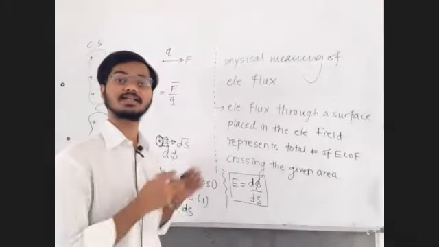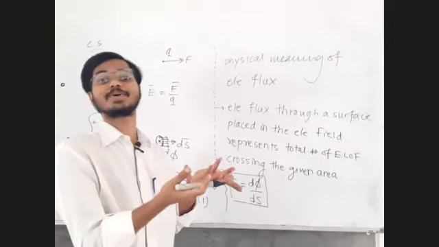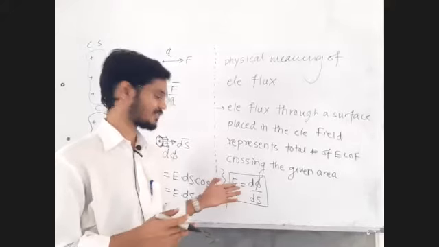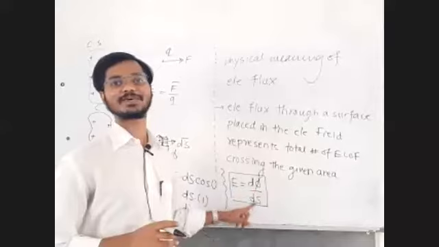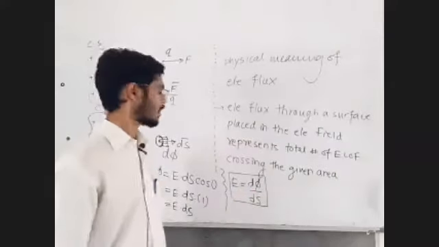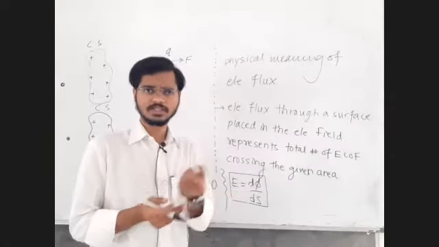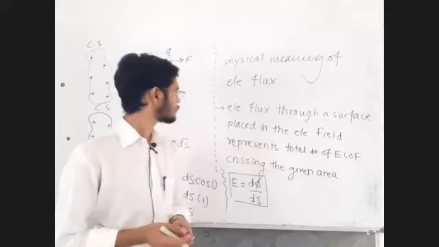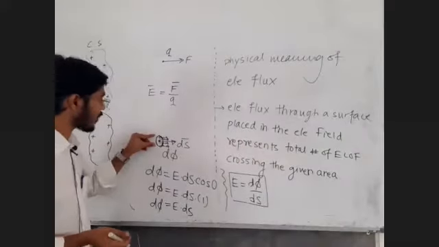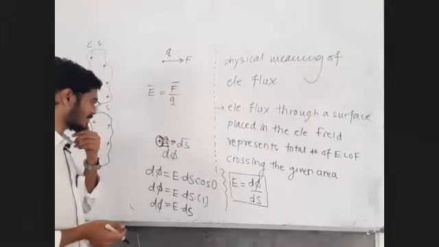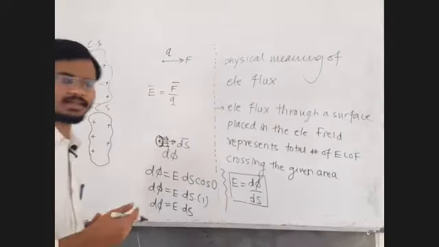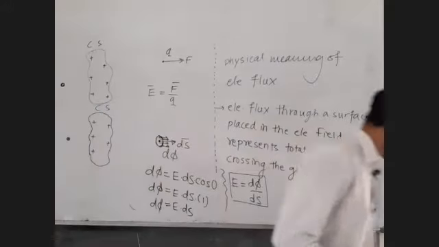Why did they say initially that more number of lines means more electric field, less number of lines means less electric field? The reason is electric flux per unit area. How to get an area at a given point? Because electric field is a quantity at a given point, you can imagine a point area, ds. You can also imagine the point volume as dv, and point length as dl. All those things we already know.